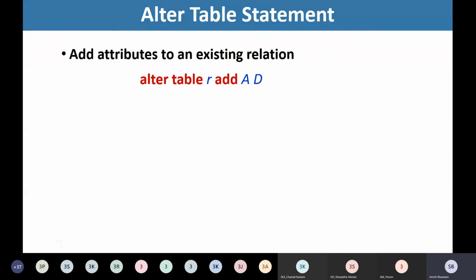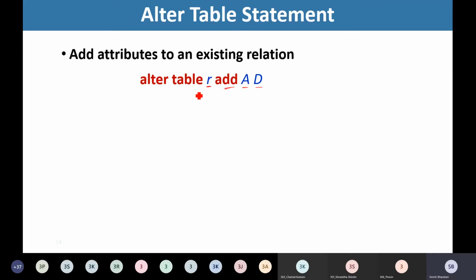So if I want to add some new attribute in the existing table, then I'll be using the statement like alter table R, where R is the relation name, add, new attribute to be added with the data type, right?